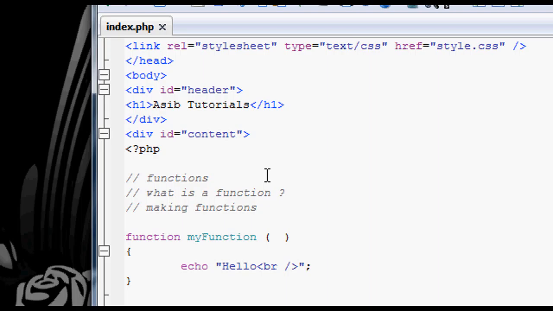So you type the keyword function, then the name of the function, and then you type 2 parentheses. For the moment, we're not going to put anything in between those parentheses, but we will in later tutorials. And then you just type 2 curly braces, and inside the curly braces, you type the body of your function. The body is essentially the list of things that your